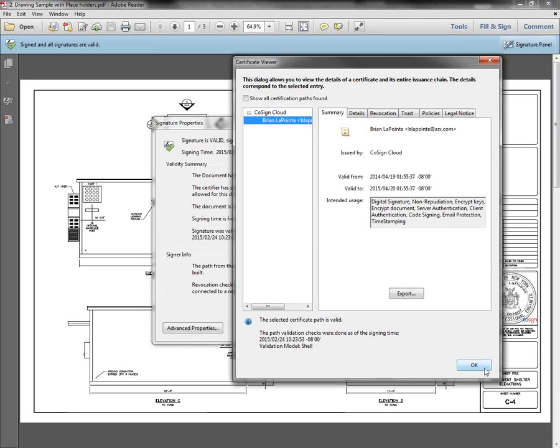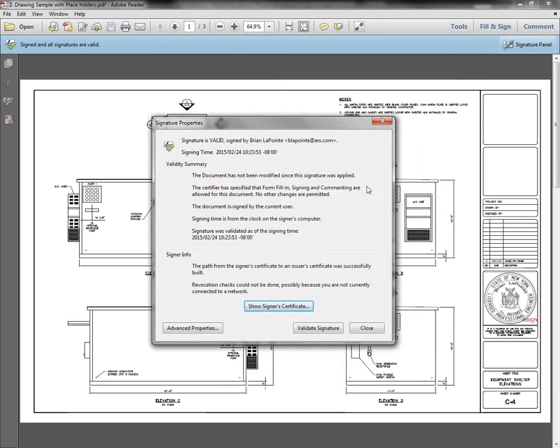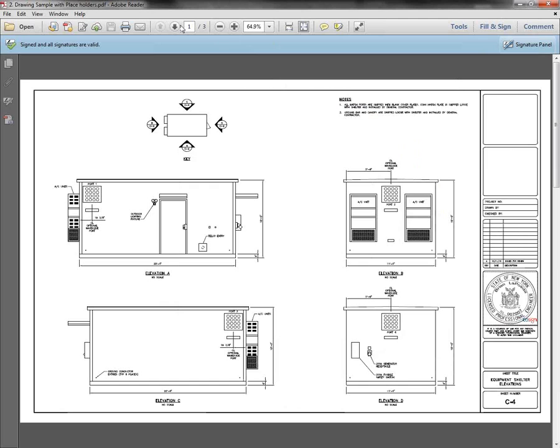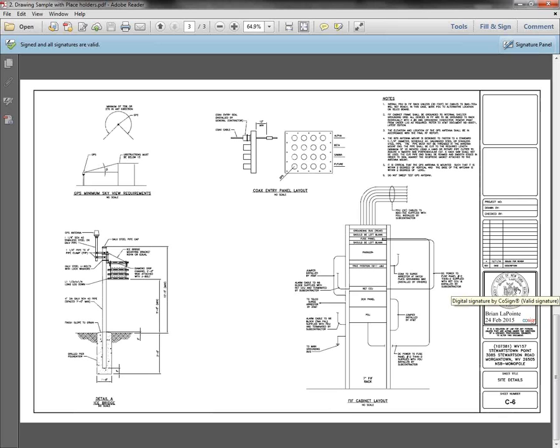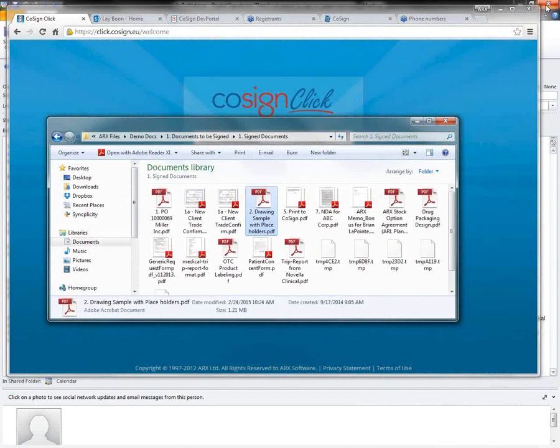Okay, that's what a digital signature looks like. Whether I'm signing an invoice or any kind of PDF document, this is what it looks like in Adobe Reader. This just so happens to be an engineering file, and I can go to all 3 pages. There were 3 pages on this, and so it's all there. So all the details are here. Okay, so that's signing a PDF, that's signing an engineering document, right?